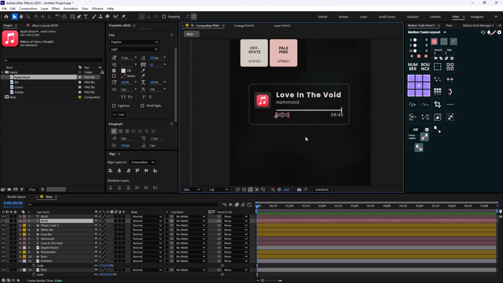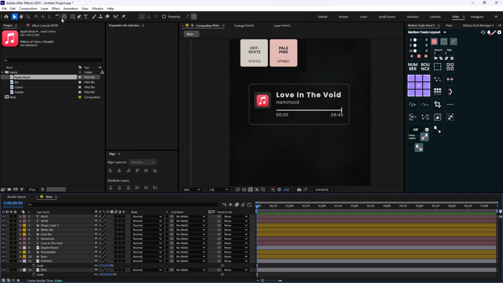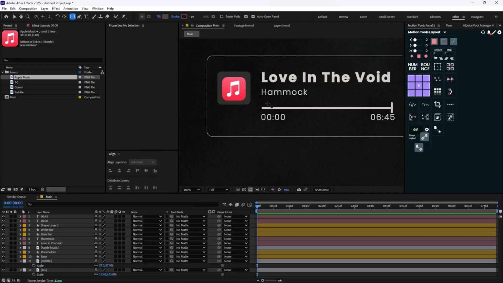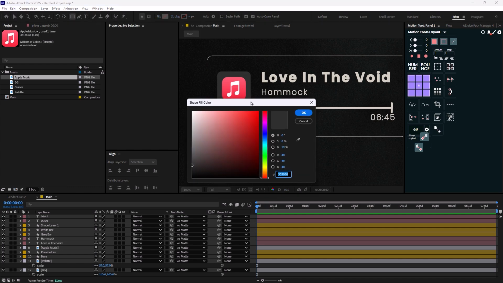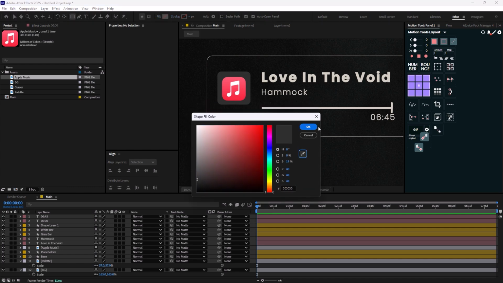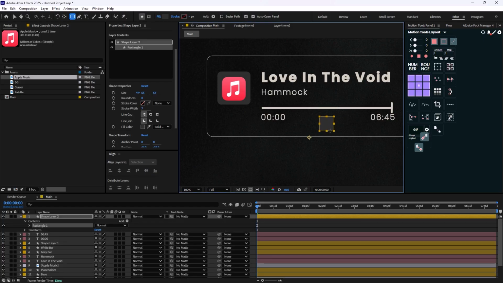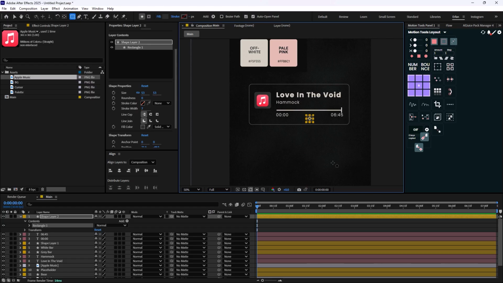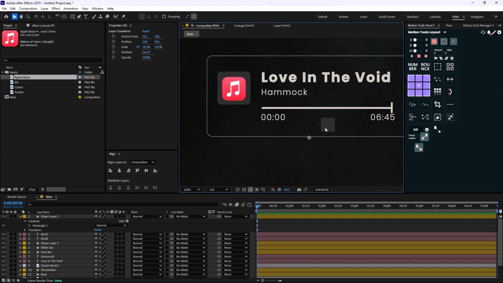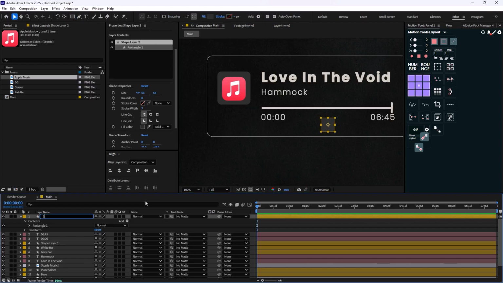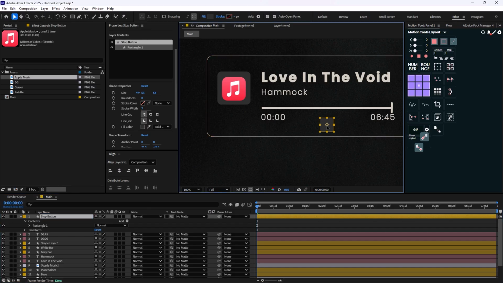But on the last step, what we need to do is add the buttons. So to do that, I'm just gonna go towards the rectangle tool. And let's just grab the gray color, and in the middle I'm just gonna design the stop button sort of, and this is the stop button, and I'm gonna just